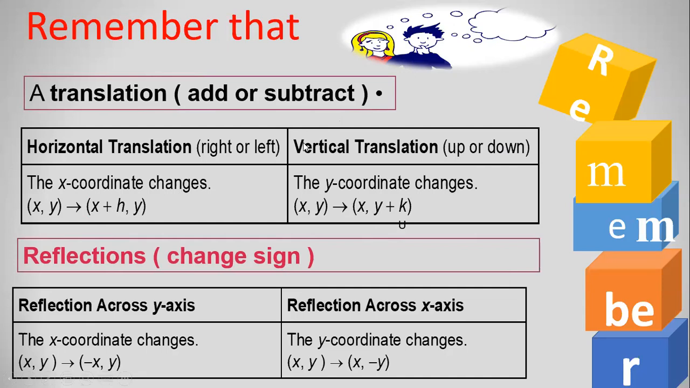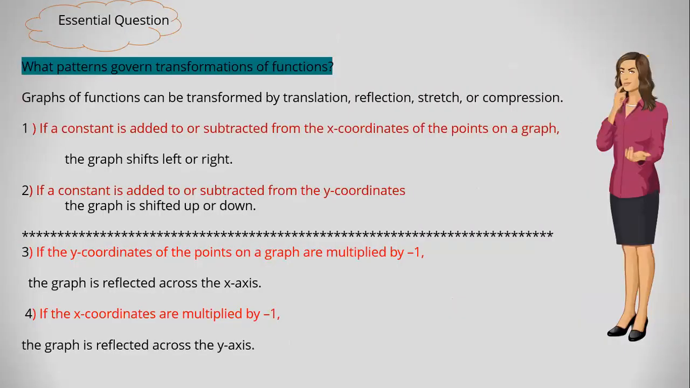The second part, reflection. Reflection, Mrs. Shema said, change the sign, okay? Reflection across the y-axis: y stays as it is and change the other coordinate. Reflection across the x-axis means x stays as it is and y changes the sign. Okay,